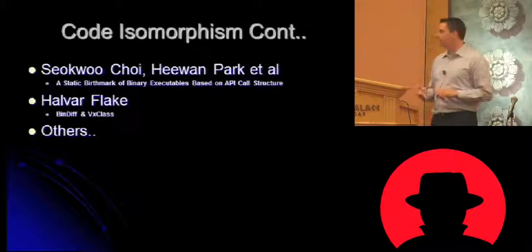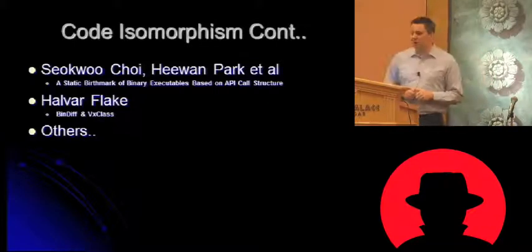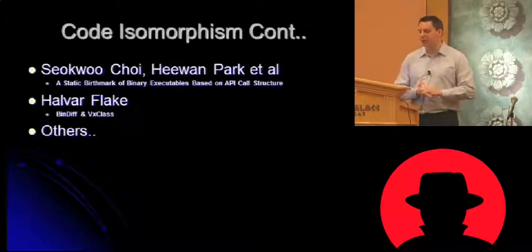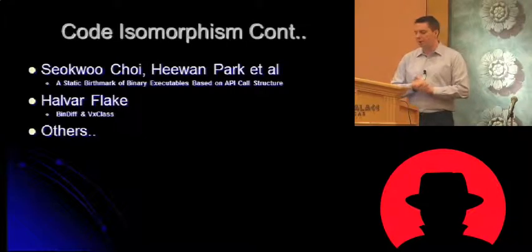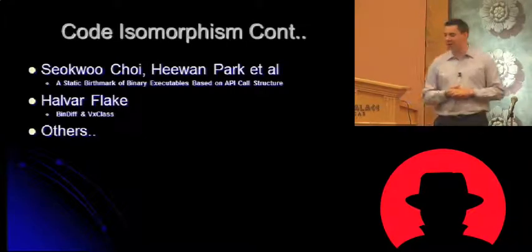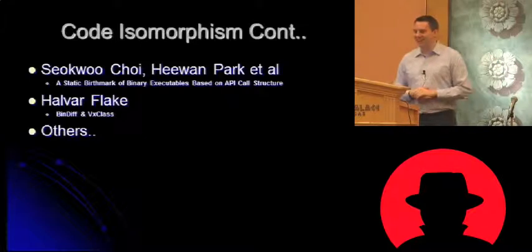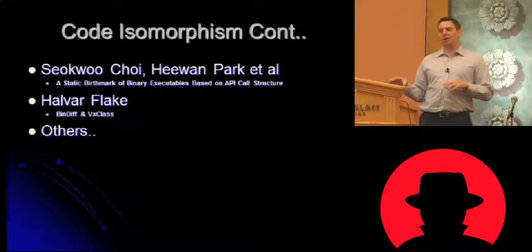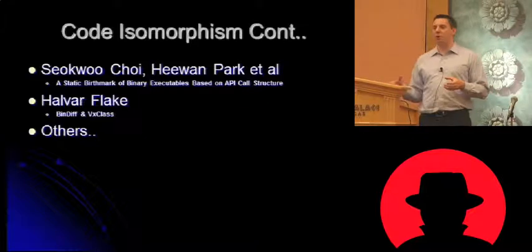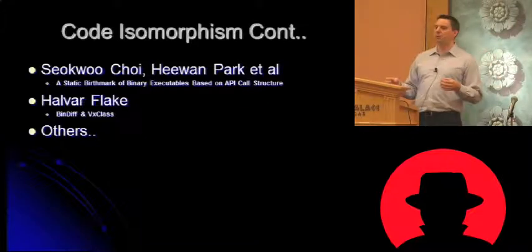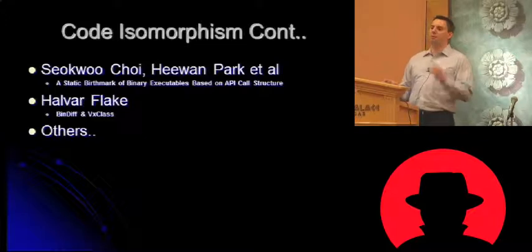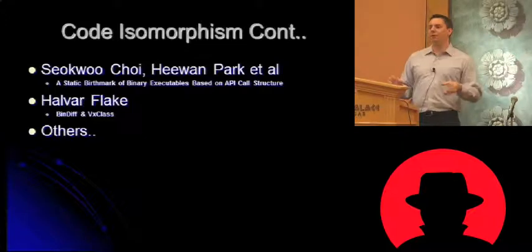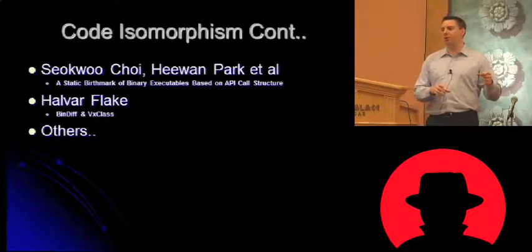So, some further reading if this is an area that interests you. There's a very good paper from, I'm not going to pretend to pronounce their names, but it'll be on the conference CD. They produced a paper called The Static Birthmark of Executables. These guys were looking at this actually for the purposes of piracy analysis. What they wanted to do was to try and determine, through API call structure analysis, if we can tell if a piece of commercial software is potentially being